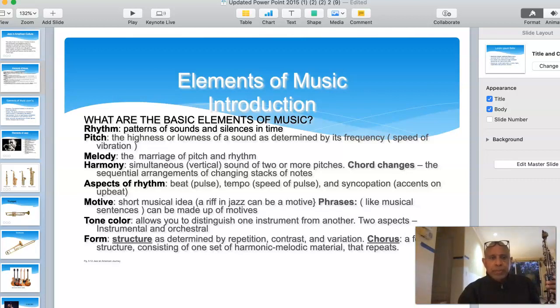Go to pitch. Pitch is the highness or lowness of a sound as determined by its frequency. So this is a soprano saxophone and is essentially a tube that I'm blowing into, and I'm making the tube longer or shorter with these keys. So as I make the tube longer, the frequency is lower, so the pitch that you perceive is lower. And as I go up the scale, the frequency increases and the pitch goes up.